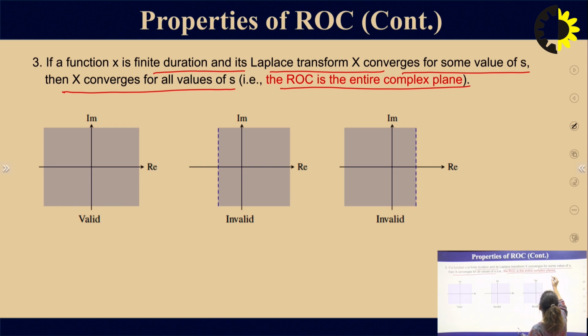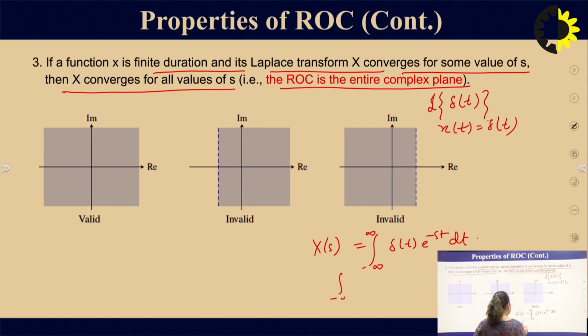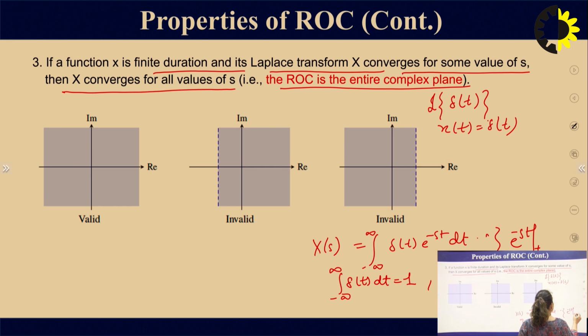So for example, if you find the Laplace transform of the impulse function delta t, we have the integral from minus infinity to infinity of x of t e to the power minus st dt. Suppose this x of t is your delta t. So delta t e to the power minus st dt, and we know the property for the delta function, that the integral from minus infinity to infinity of delta t dt is equivalent to 1. So in this case we put t equal to 0, e to the power minus st at t equal to 0, which gives you 1.